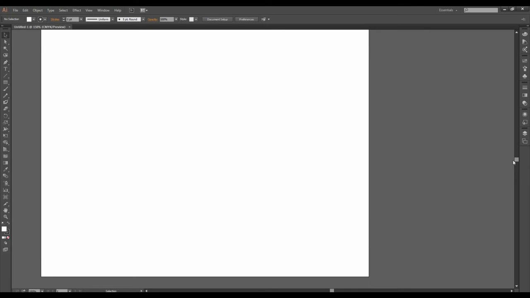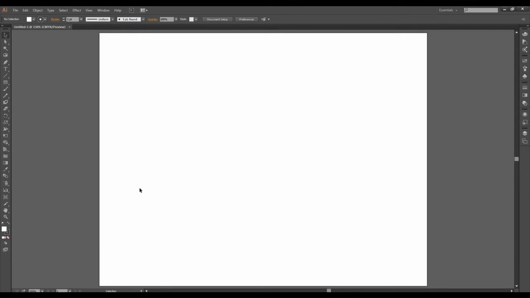And now coming to the interface. Oh, sorry, I forgot one thing. If you want to fit your screen, I mean, this white colored thing is the canvas, and if you have to fit it to your screen, then you have to press Control 0 for that.